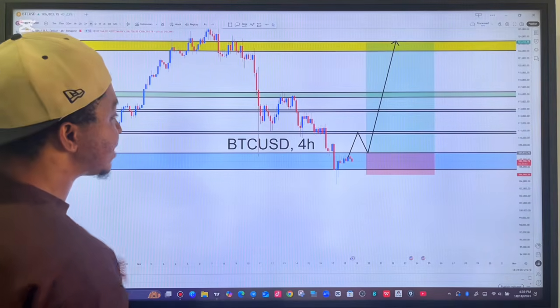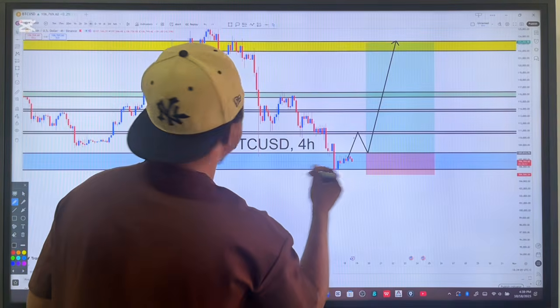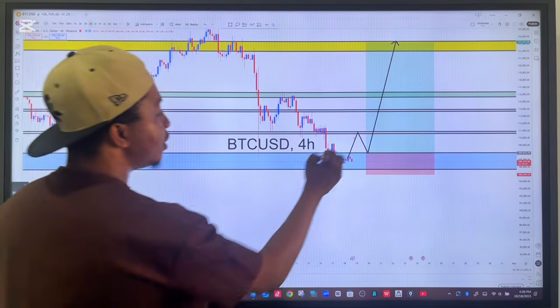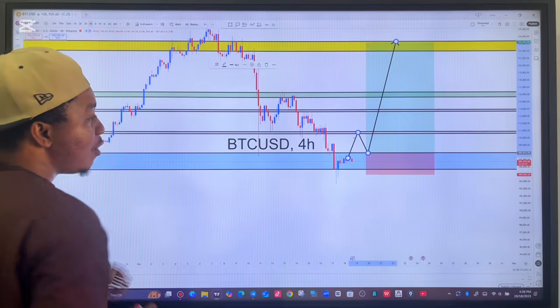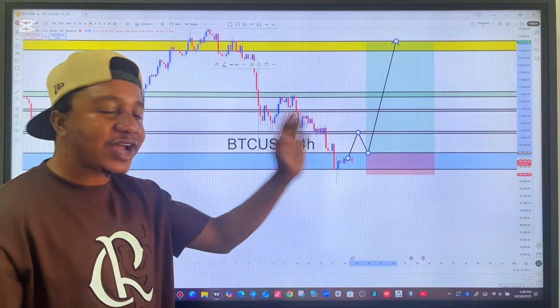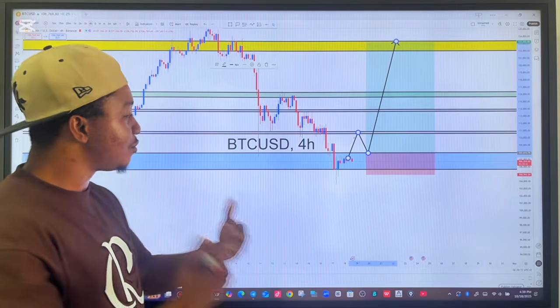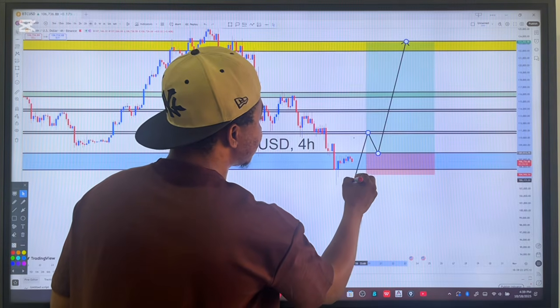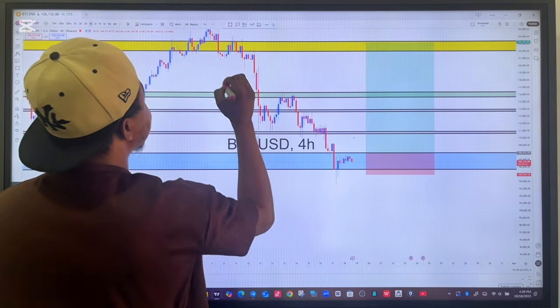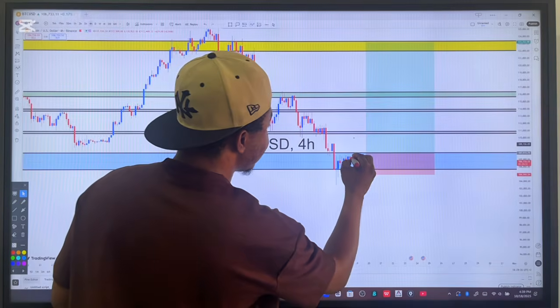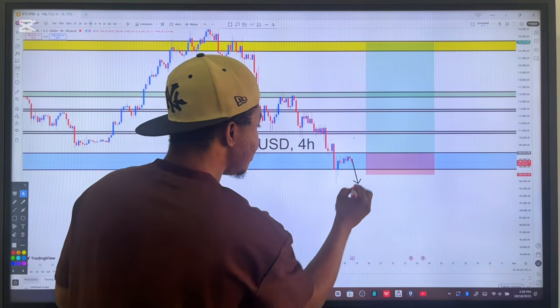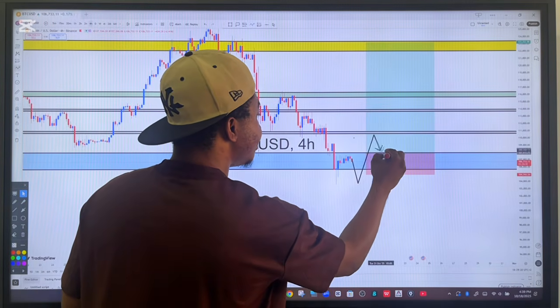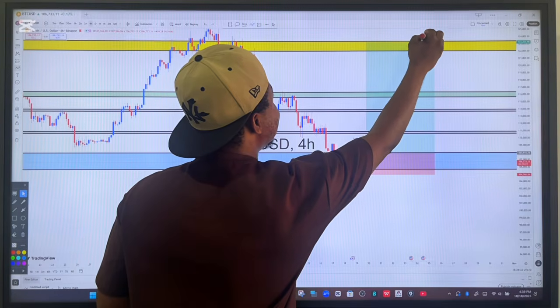Okay, another thing that price can do is also very simple. Price can give us a double bottom before it goes to the upside. Now remember, what we are looking for is a reversal, or what we are looking for is a break of structure. Alright, so what price can do again is that it can give us what? A double bottom. Let me draw it so that you guys can see. Price can give us a double bottom from here, go up, break structure, and then we can also buy in this same manner to